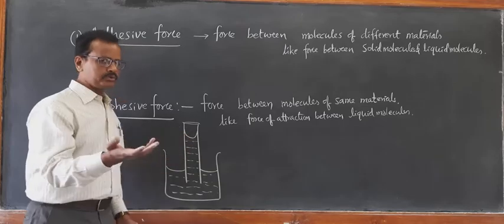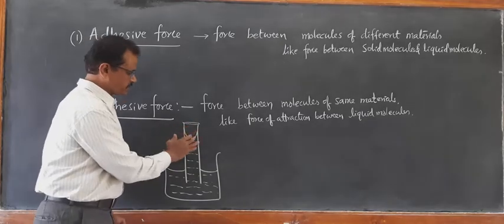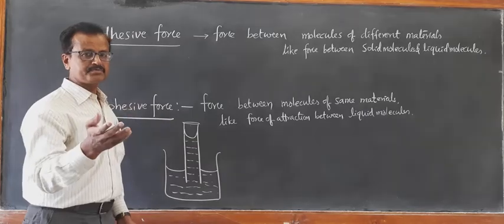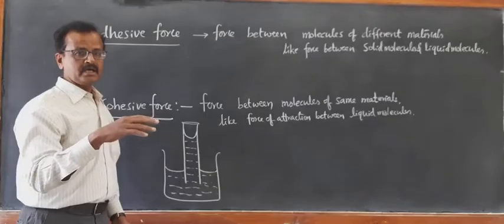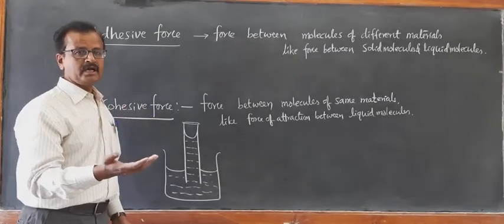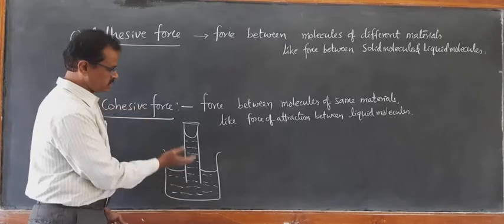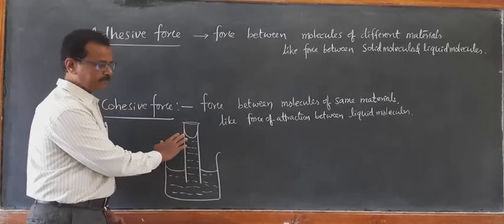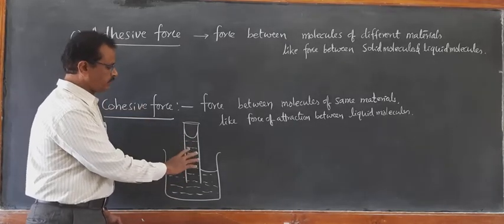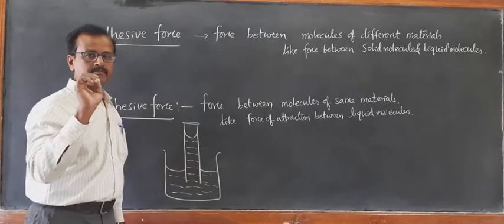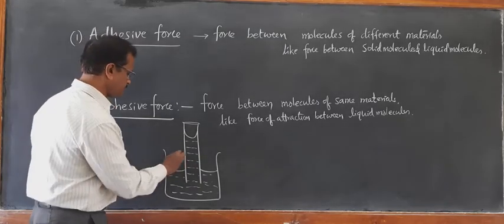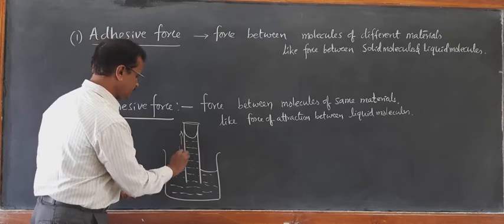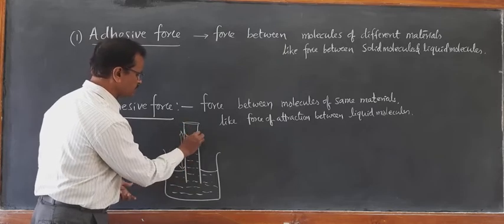It is also due to another one, excess pressure that we have studied, Pi minus P naught. As a consequence of excess pressure and surface tension, the water rises up to a certain level. At equilibrium, it will have a constant height, capillary rise. And here it forms a concave meniscus.